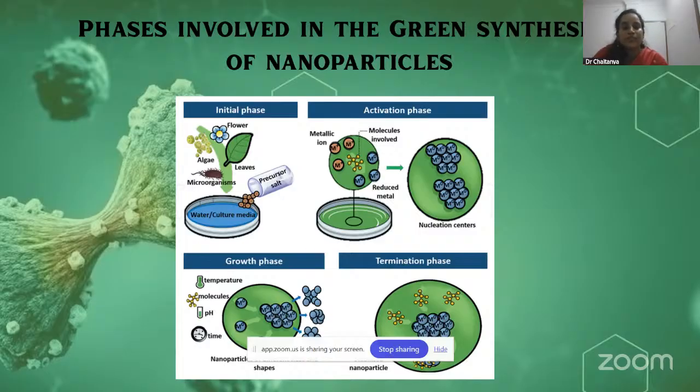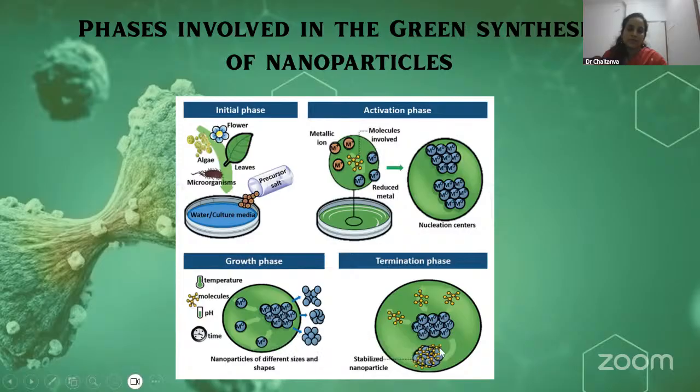Now coming to the third step, growth phase, right? In the growth phase, you can see whatever. In the second step only, the aggregation, the merging of those neutral metal ions has started. Okay, so in which direction they have to merge, to what size they have to merge, all those will be decided by different parameters in the growth phase. What are those different parameters?